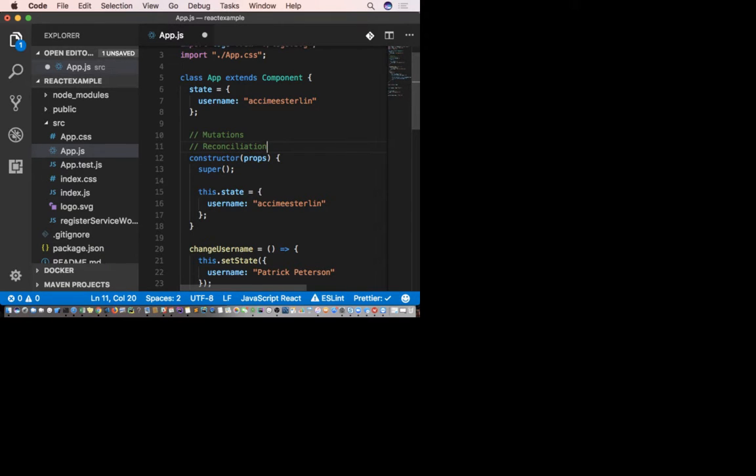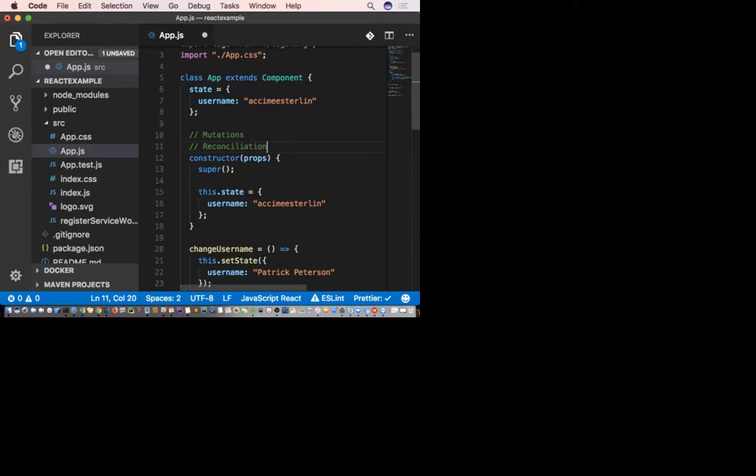What is reconciliation? The whole idea behind how the React team built React is the concept of reconciliation. And the whole reason I'm bringing this up is to show you why you should always use the super keyword, okay? I know this is a little bit over your head, but I really want to show you why you should be using this.